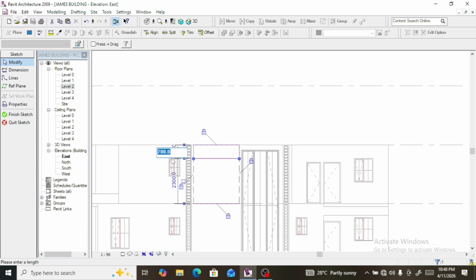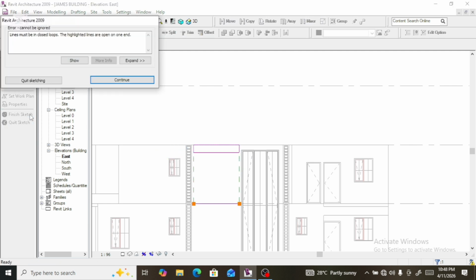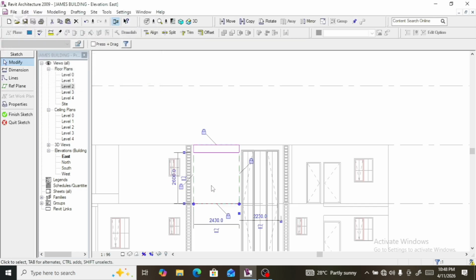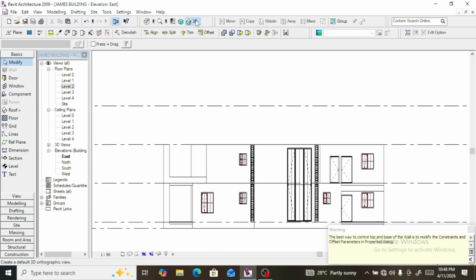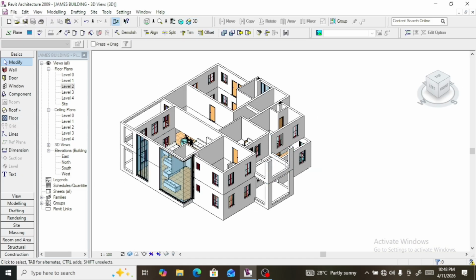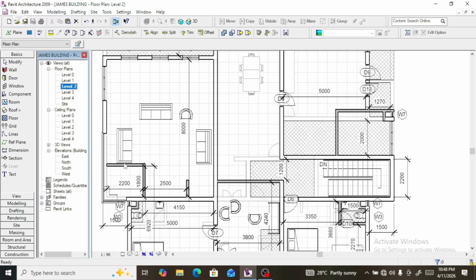The height should be 400. Okay, cancel. There's a material down here we need to remove. Finish. Okay, this is what we have. Therefore, let's go to